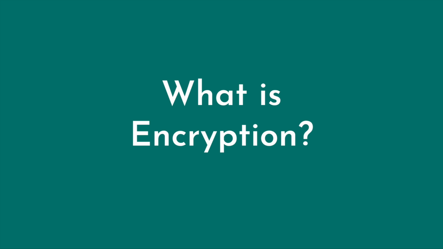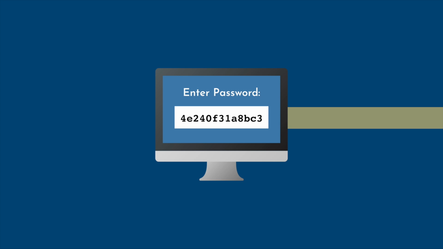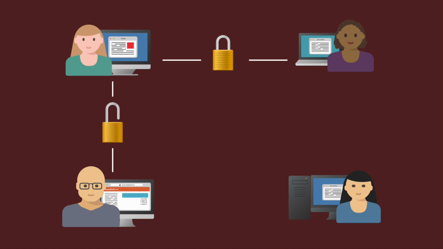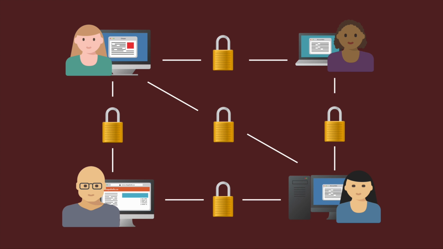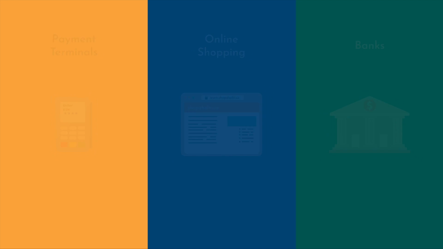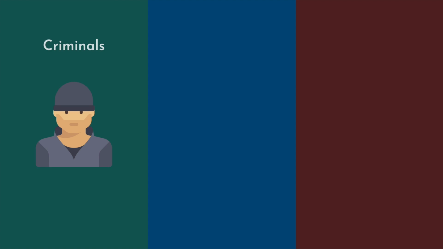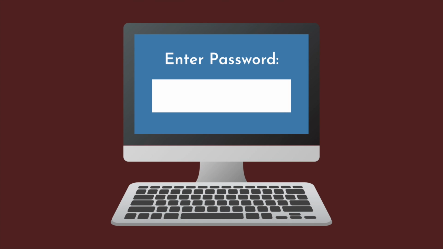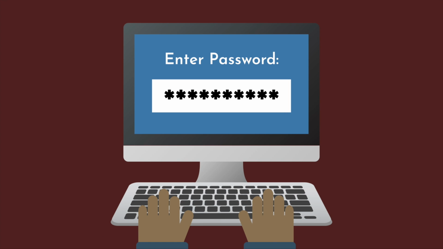Encryption, as used in computing and communications, is a way of encoding data so that it can only be read by the intended recipient. We leverage encryption to secure our online communications. In this way, encryption is used every day by everyone. It protects our financial transactions, including payment terminals, online shopping, and online banking. It allows us to keep data private from criminals or spying governments. It's also essential for securely transmitting passwords to online services when we log on to them.